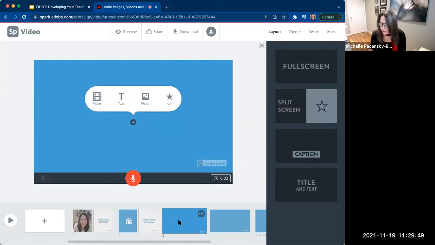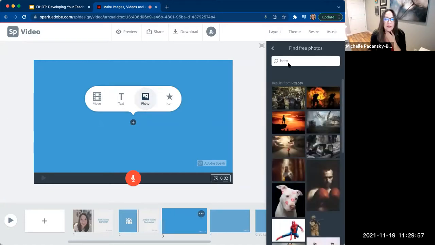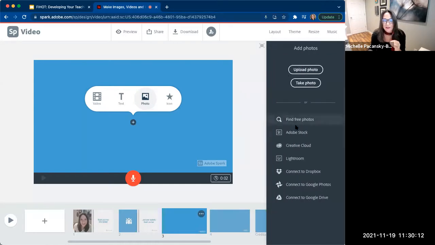And then I can go to the third slide, and let's see what happens when we leave it full screen, but add a photo. If you click on photo, it takes you to the free photo database. I recommend using the free photo database. As you poke around, I'm going to click the back arrow up here on the right, in the right column. You'll see that there's also this Adobe stock option.